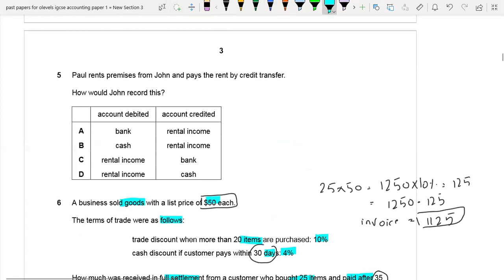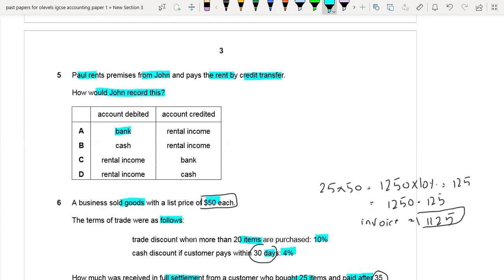Question number 5. Paul rents premises from John and pays the rent by credit transfer. How would John record this? Okay, Paul rents premises from John and pays the rent by credit transfer. How would John record this? Because John received the amount from Paul, the bank would be debited,